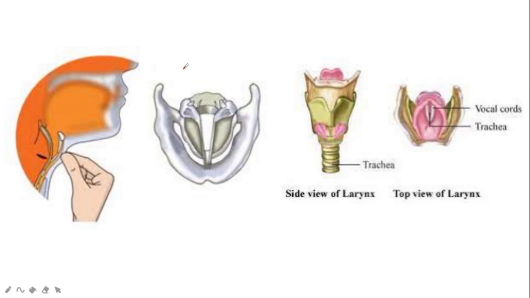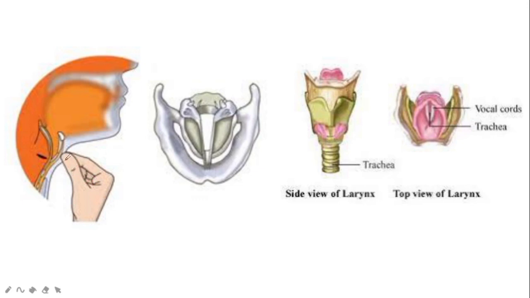Just do one thing: speak loudly for a while, or sing a song, or buzz like a bee. I think you know how a bee buzzes whenever it is flying, right? Whenever you are speaking loudly, singing a song, or buzzing like a bee, put your hand on your throat as shown in this figure. What do you feel? Do you feel any vibrations? Yes, we feel some vibration. Then where is the vibration produced in our throat?